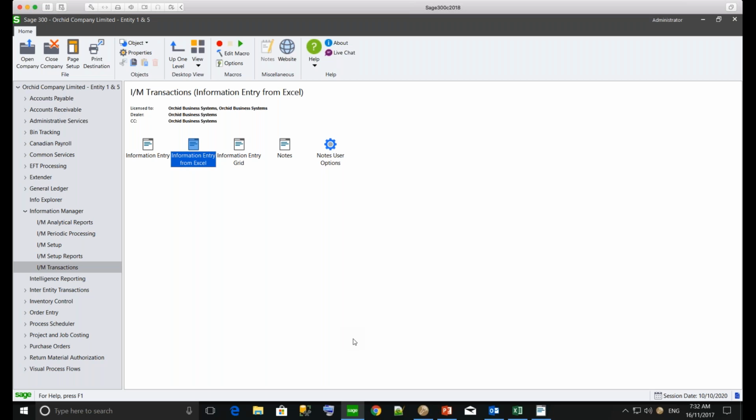Moving through to Sage 300 now, what I want to do is just run through Process Scheduler, run through elements of Extender, and just show how notes can be used to display these exceptions and how we can then act on them. So initially having a look at Process Scheduler,